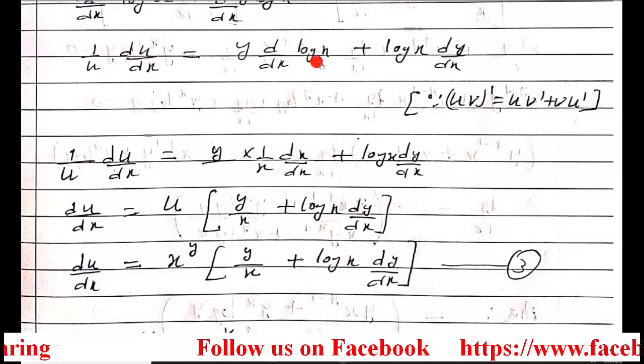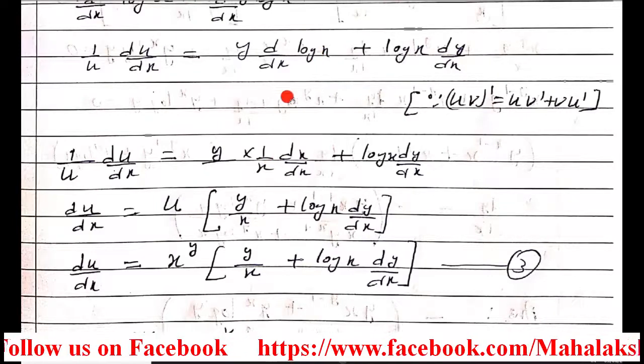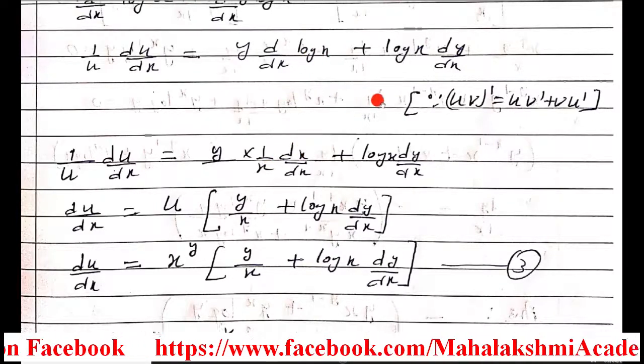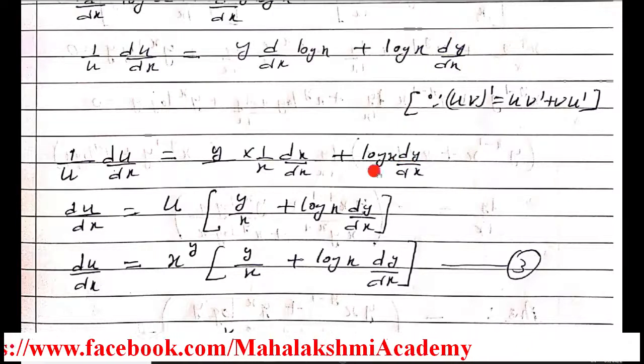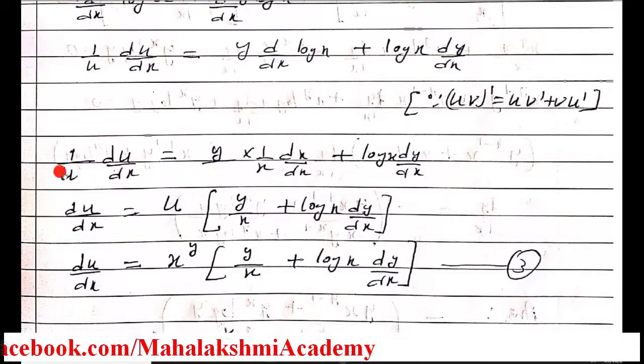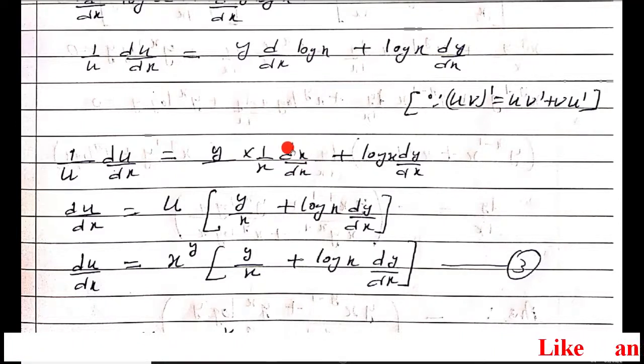So this I kept as it is, this I wrote as it is, then y. Now we have to differentiate this again. So log x differentiation is 1 upon x. Then according to chain rule, we have to differentiate this x again in the same way. Log x as it is and dy over dx. Now this u is in divide, so it will come here in multiplication. Now here we will simplify. dx over dx is 1. So this step you can avoid, but I just want to explain for the chain rule, that's why.